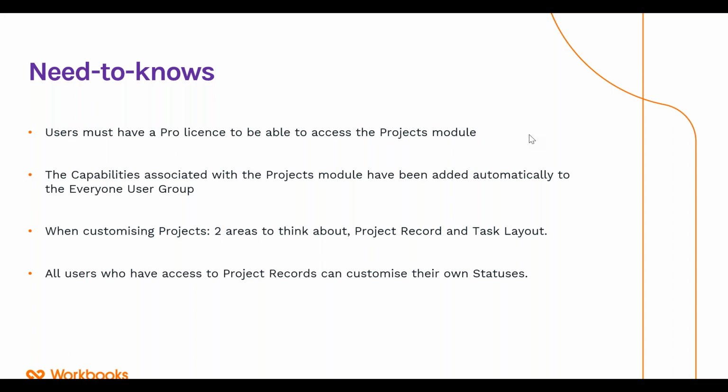We've looked at where those project tasks can be found and surfaced for use in your everyday working and prioritization. And finally, just some need to knows. So with that, I think we will look towards the questions, but before we move into those specifically,